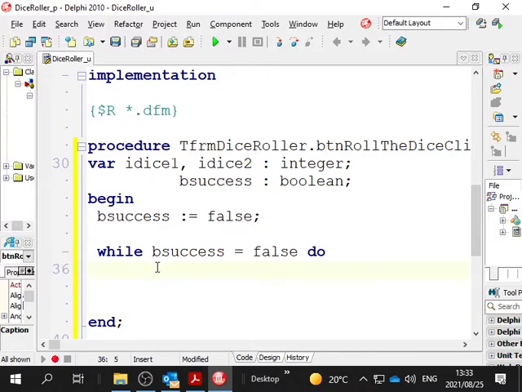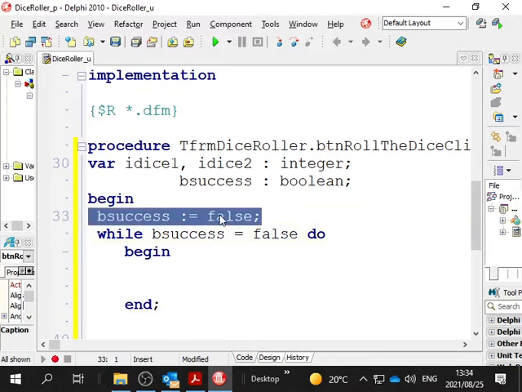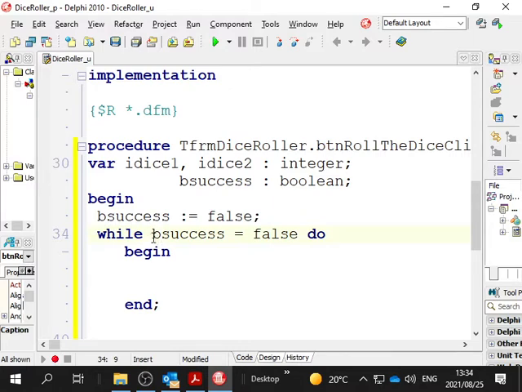So can you see we've set a condition, and the while loop will start if B success is false. The first time the processor looks at this and says, oh, B success equals false. Fine. Well, B success is false, so we can carry on and do the rest of the while loop, which will